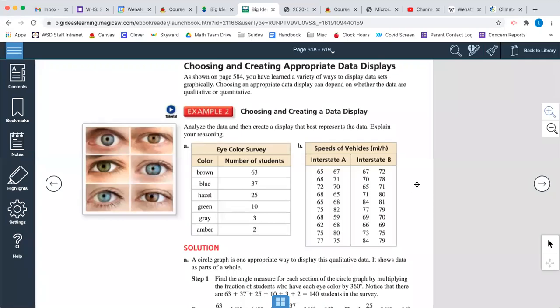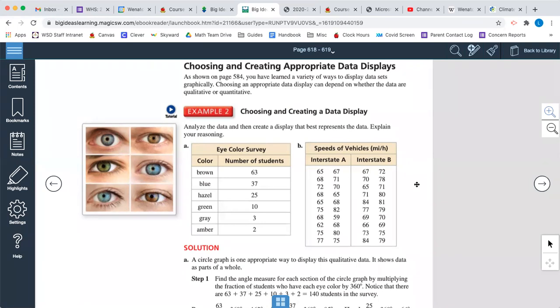All right, so today what we're taking a look at is choosing the appropriate data display given different types of data. And you are going to want to carefully think about what type of data display you're going to choose. We have a variety of options available to us. One of the most important things is making sure that your data can actually be displayed in the data display that you've chosen. And the reason why I am mentioning this is because